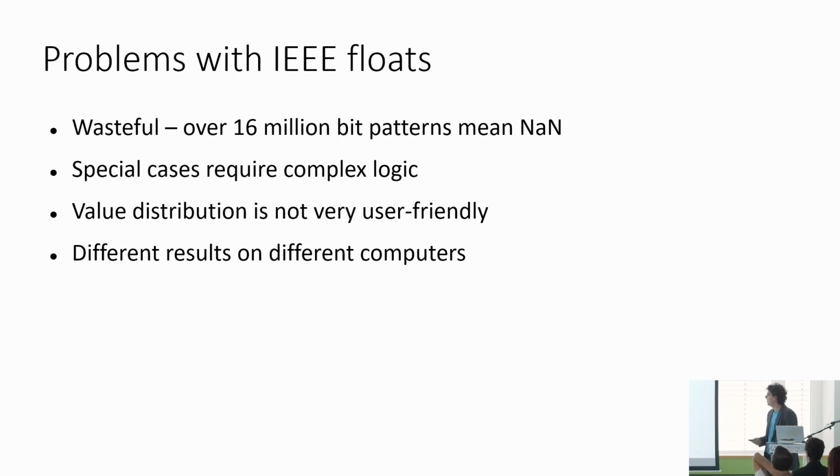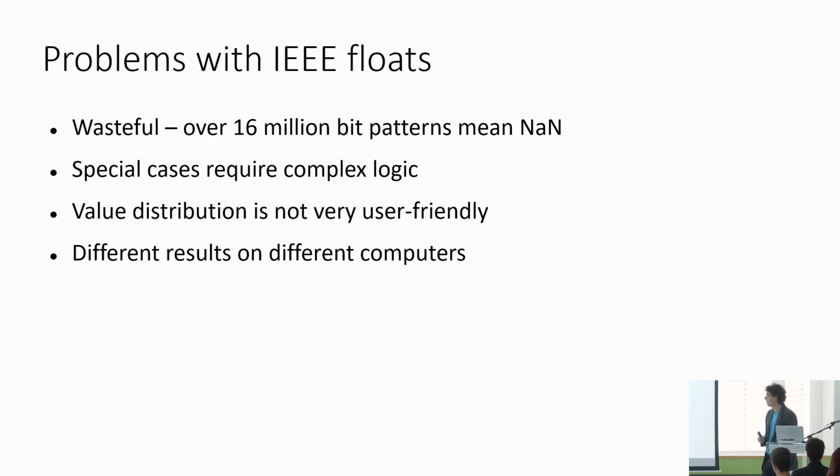And there are many special cases, such as these NaNs, or there is a negative zero in the standard, which needs some complex logic and strange rules. And there are also subnormal numbers, which are treated differently. So these things need complex logic, which needs more hardware, more silicon, to handle, and it makes execution slower